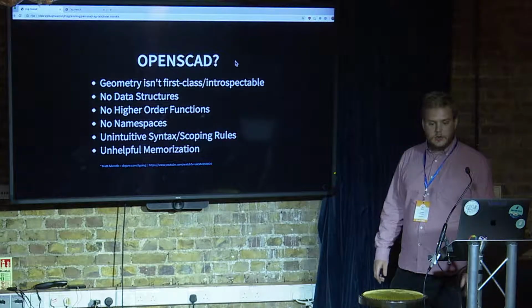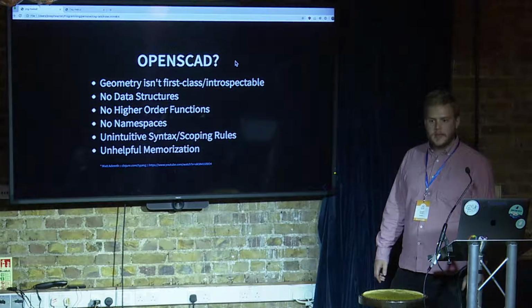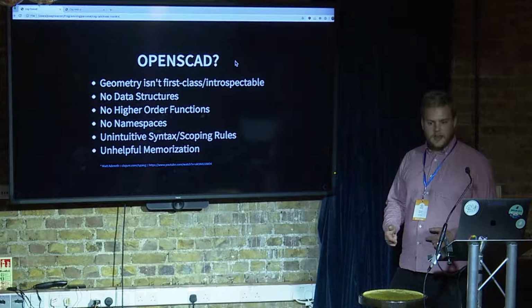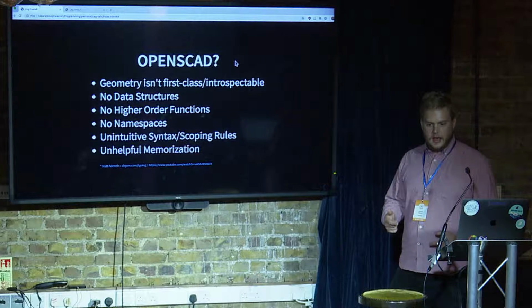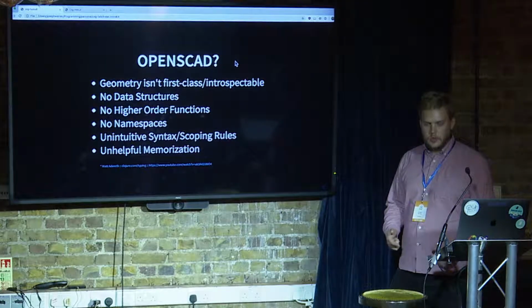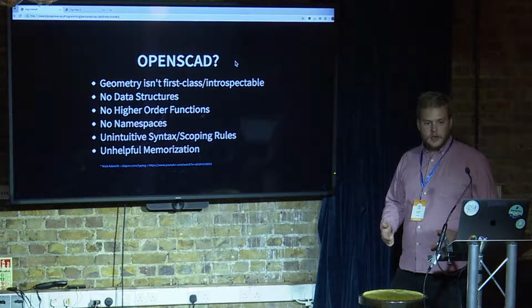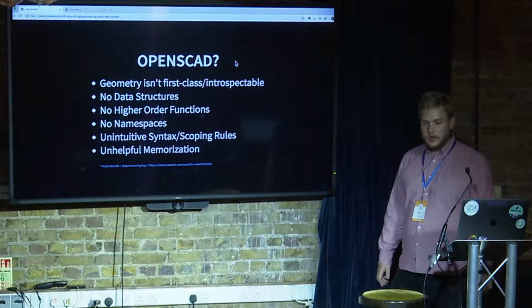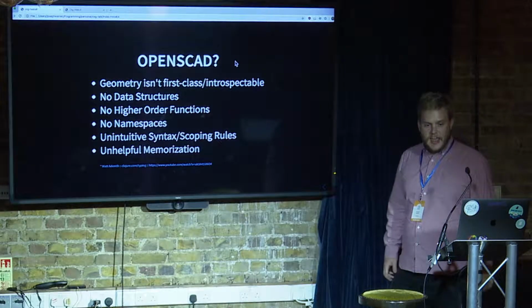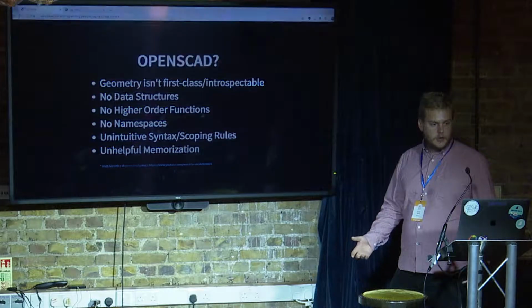There's a really great talk by a guy called Matt Adereth at a Clojure conference several years back, where he's using Clojure to produce OpenSCAD code. And he goes into a lot more detail about what he thought the shortcomings of OpenSCAD were. And while writing code to write OpenSCAD is a solution to a whole category of these problems, it doesn't really solve the first one, which is that you're generating geometry, and if you're generating OpenSCAD code, you can't then